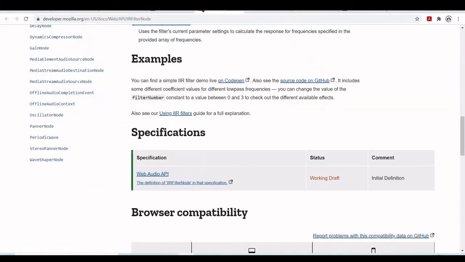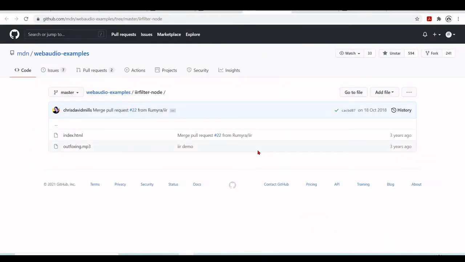So if you click here on the source code on GitHub from the developer.mozilla.org web API IIR filter node, for example, then you will have here, and this is what we are going to do. So first we will download this MP3 file that we will use in our example, and then we